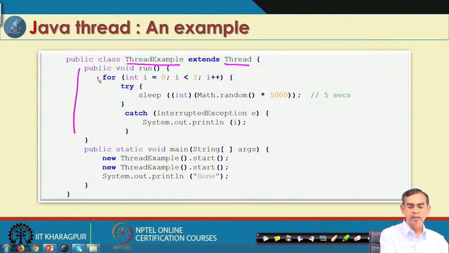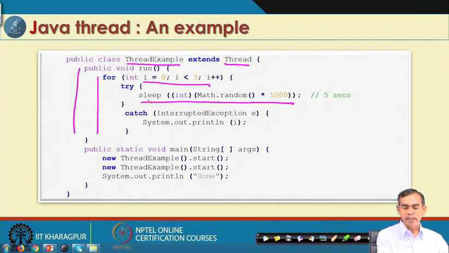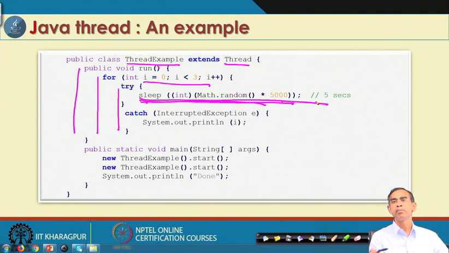As you see how you can code the run method, it is basically a for loop, and here you see sleep. We use the sleep method for this. That means, whenever it is executed, for i equals 0, it will call the sleep method and it will sleep for 5000 milliseconds. So, 5 seconds. We put this code in a try block because an exception may occur that the thread is no more there, and then we want to call this thread using the sleep method.